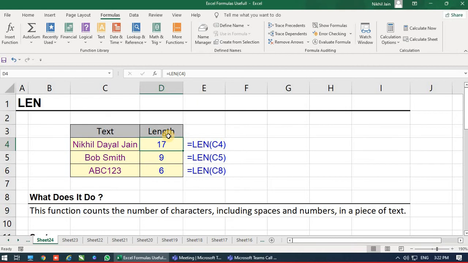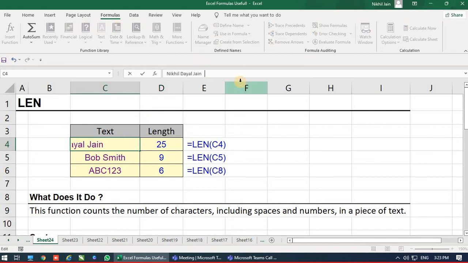So we can go with the name also. How to use the formula: equals LEN bracket open, select the text C4, bracket close and press enter. The answer is 17. Make sure it calculates spaces also. Now I am giving lots of space over here, so you can see the answer is 25, because the computer counts spaces also.